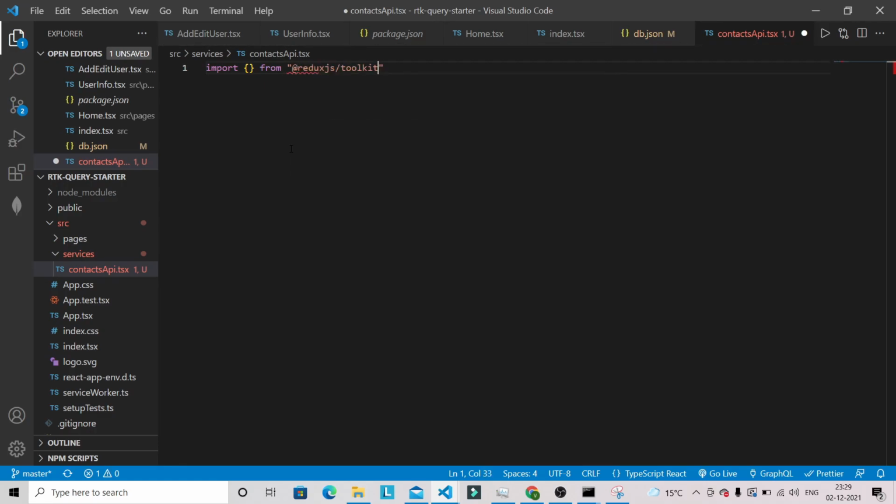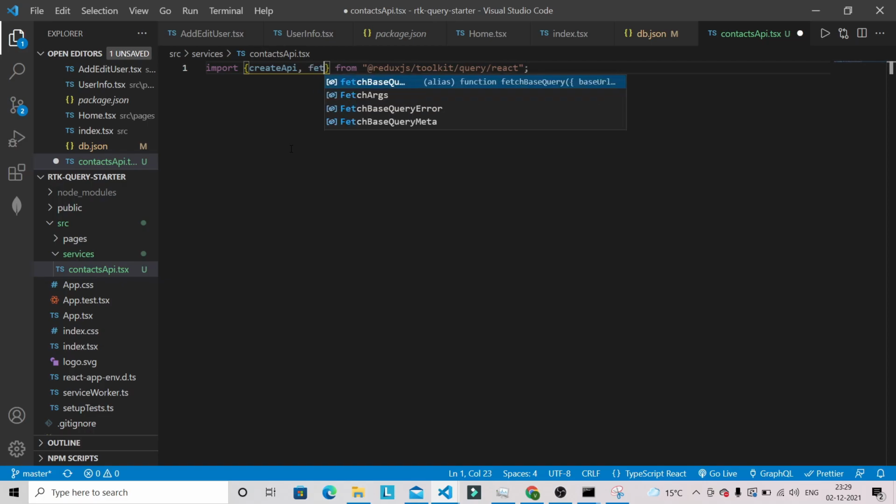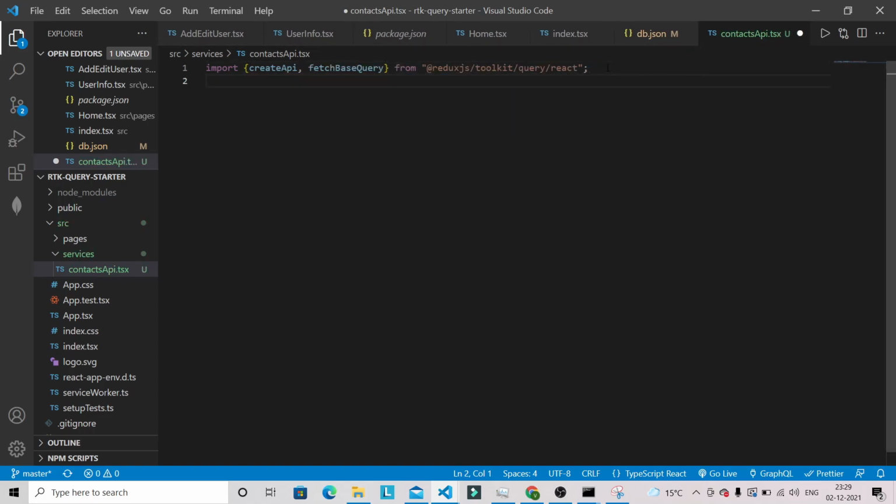So from Redux toolkit we have to go to query and react. Okay, and we have to bring createApi and fetchBaseQuery.